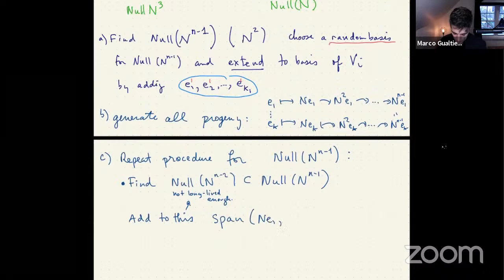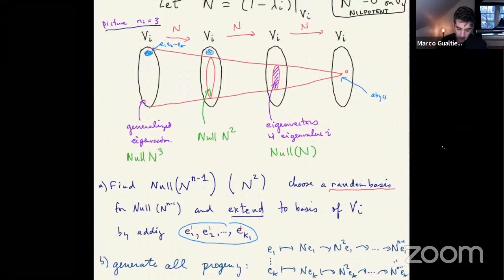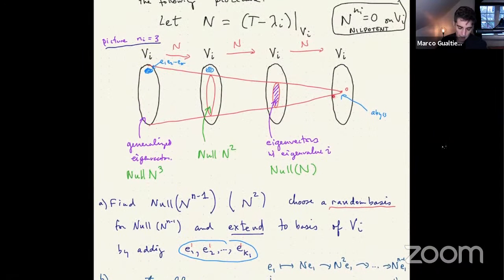of N e1 up to N ek, because you see, when I chose the longest lived elements, when I apply N once, they're going to give me a bunch of stuff that is inside the null space of N to the n minus 1. And basically, I don't want to choose those either, right? I don't want to choose basically anything that is too short-lived, but I also don't want to choose anything that came from applying N from the previous step, right? As long as I avoid those two possibilities, then I'm okay. So,